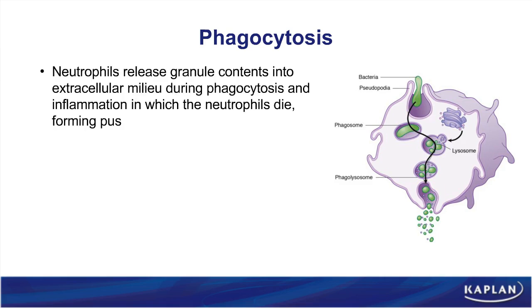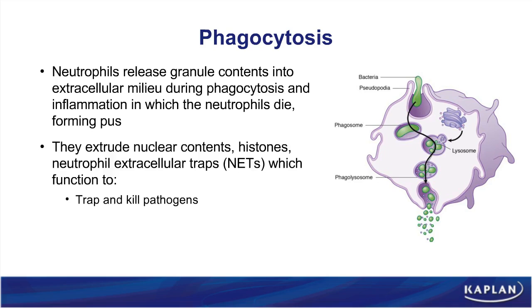We already mentioned how cool the neutrophils are in this process of phagocytosis. Dr. Ali talked to you about acute inflammation, about the neutrophils rushing to the cause, dying there. Remember, they are not a prolonged defense against pathogens. They act quickly and then they die, forming pus. I mentioned to you when we were talking about neutrophils in this chapter that even when the neutrophils die, they're not done killing. They extrude their nuclear contents into the extracellular milieu, which form these neutrophil extracellular traps